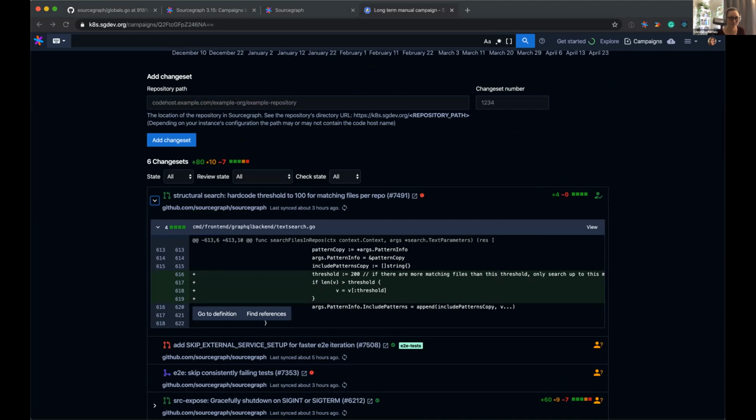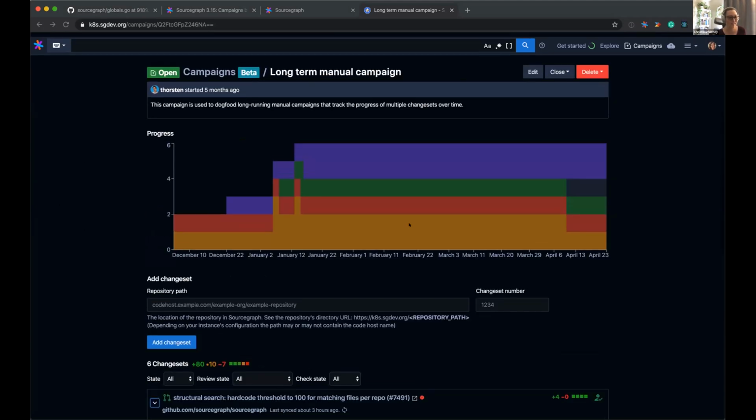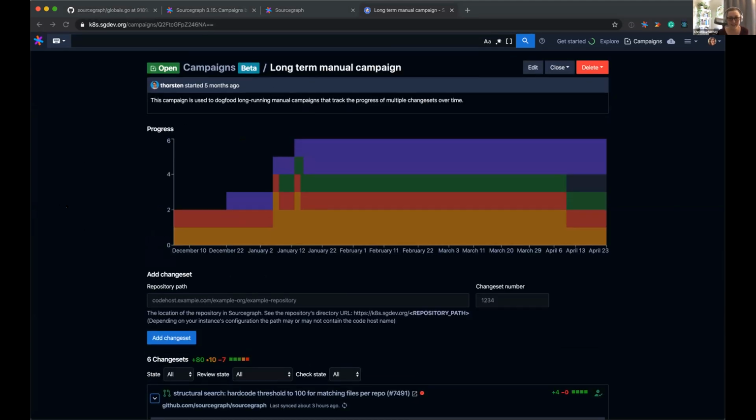All right, the next question that Quinn had was that the dashboards are awesome. What are these things? So yeah, I think what you're referring to is this chart that I'm looking at here, is that right? Yes, okay. So what we're seeing here, we've called it a manual campaign. This is a campaign where you add in the name of your repository, you add existing pull requests into this campaign. So it gives you the ability to keep track of some things,